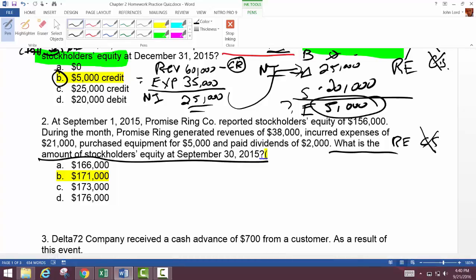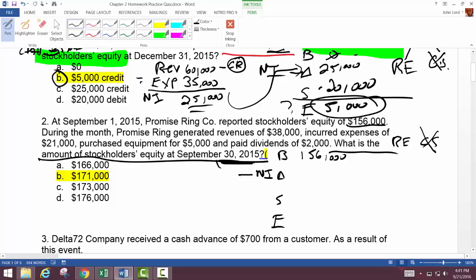And so what happens? I would do the same thing: beginning balance, add, subtract, ending balance. What's the beginning balance here? They had 156,000 at September 1st. Since they're asking me the end of the month, September 30th, the beginning balance is 156,000, even though I'm just analyzing retained earnings here, right? Okay. Then what happens? Then I have to add. What's my add to my retained earnings, everybody? What do we call that? Everybody? The add to my